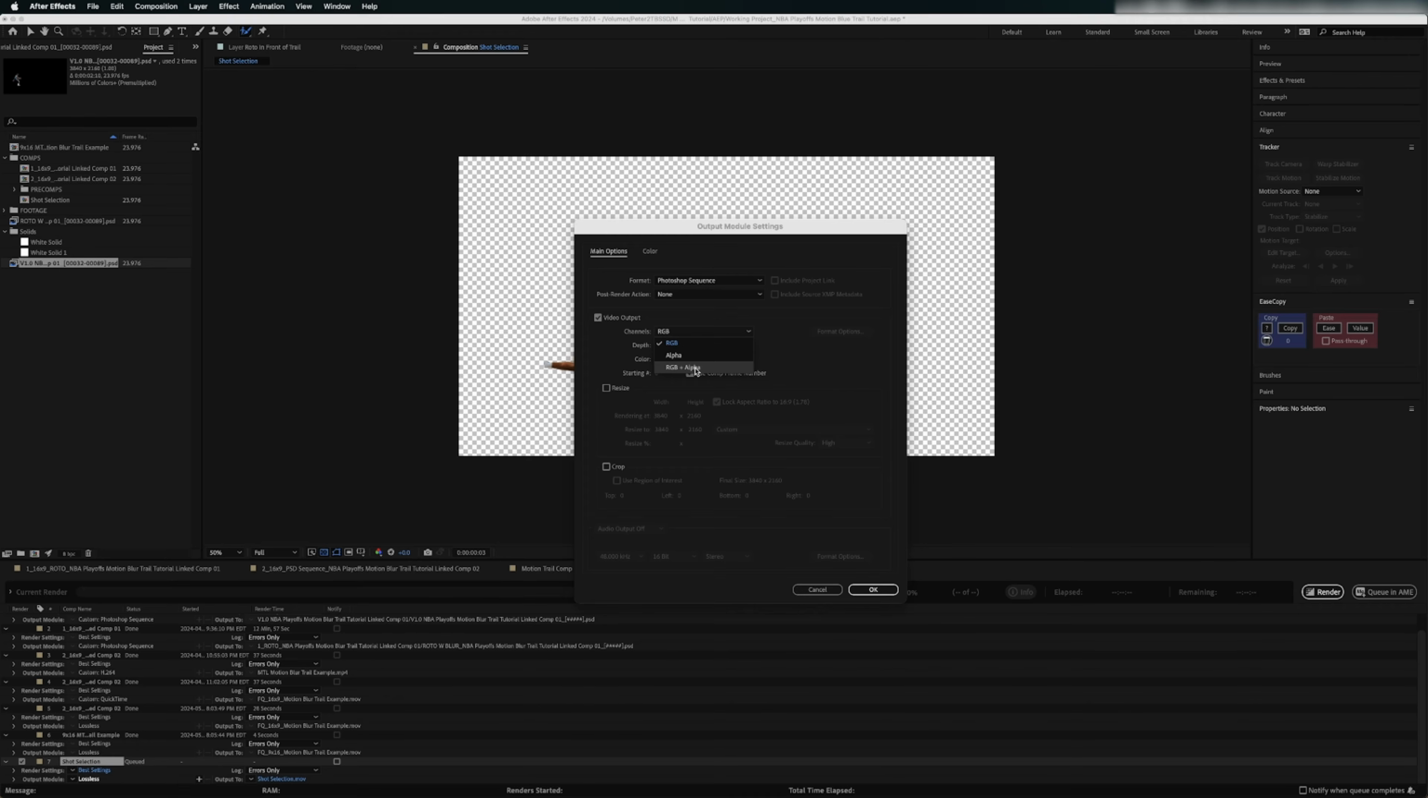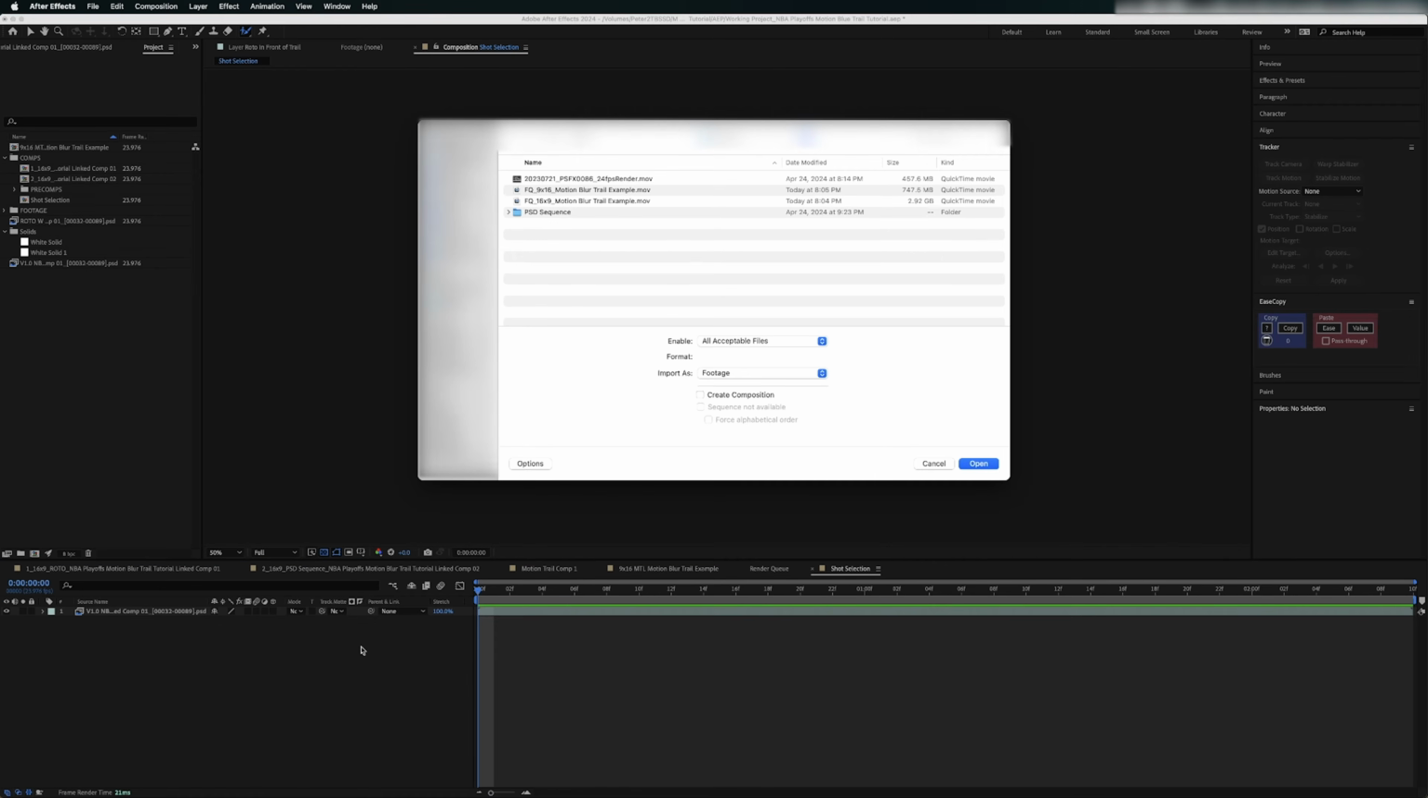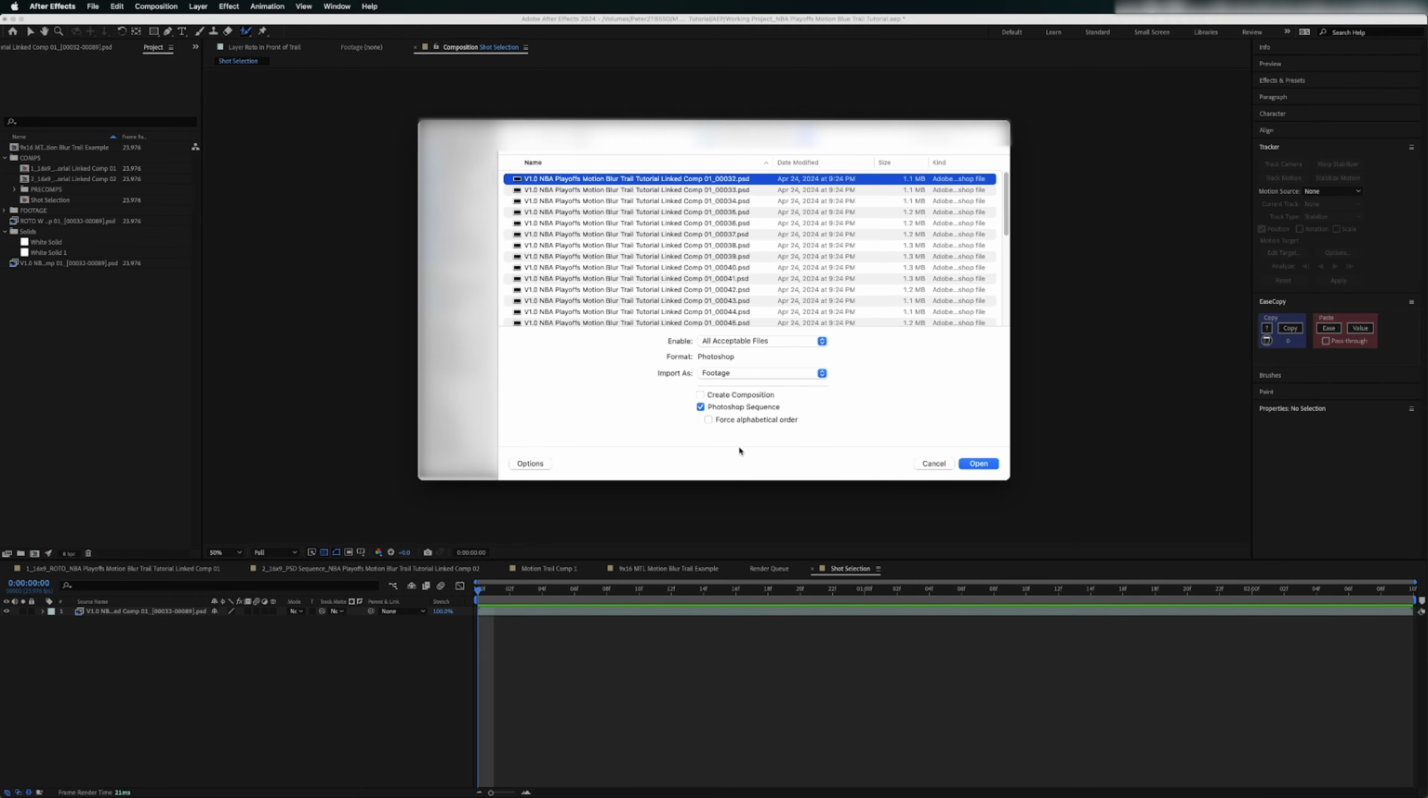Change this to RGB plus alpha, meaning that we are maintaining transparency. Click OK. You're going to click right here and select the folder where you want to save this, and then click Render. When that is done, you'll be able to click Command I to import. You click on PSD sequence. You can click in on your PSD sequence, click on the first frame. Make sure you have Photoshop sequence checked and click open, and this is going to import your roto brush subject as a Photoshop sequence, and then you'll be able to work with it in a less intensive way on your